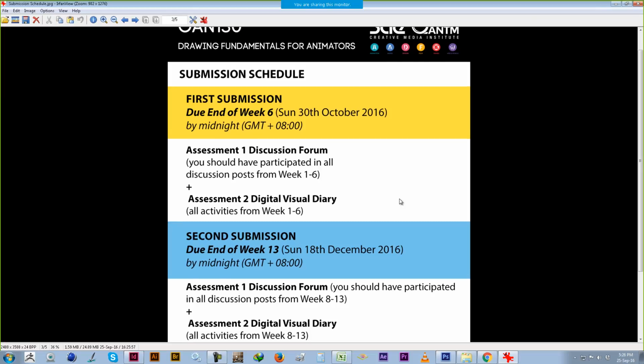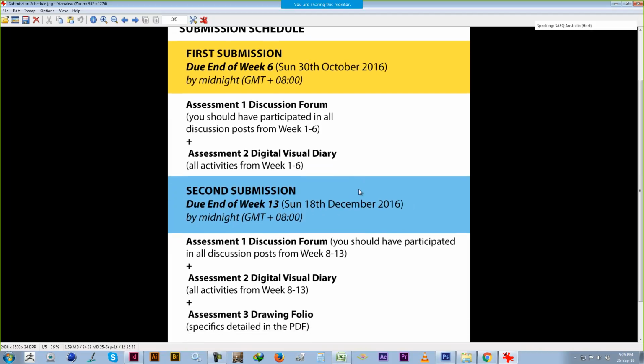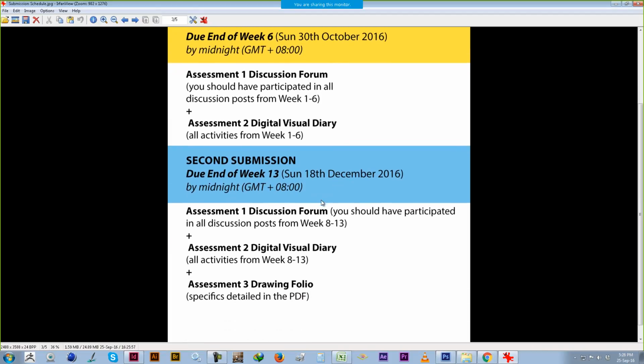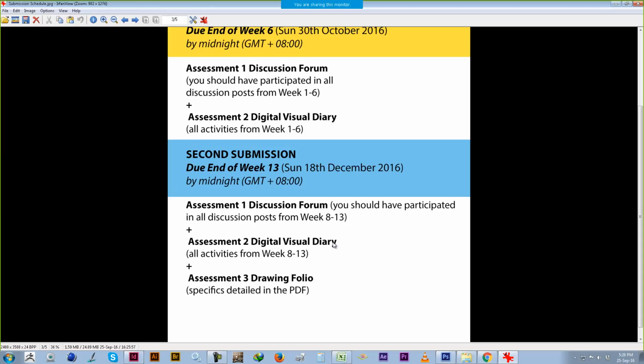Week 7 is a study week, so holiday. Then in week 8 we start our character design work. Now, the thing to be aware of is that assessments 1 and 2, I look at them twice.